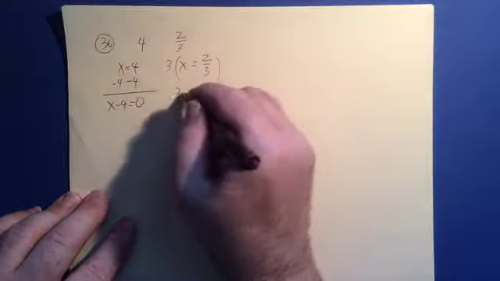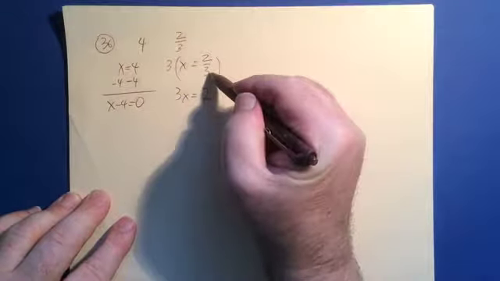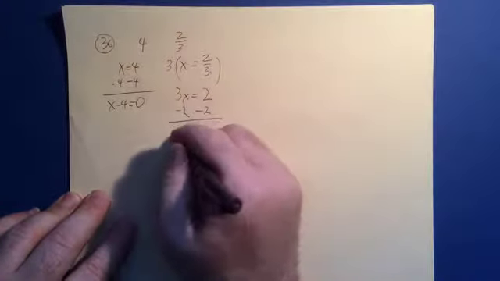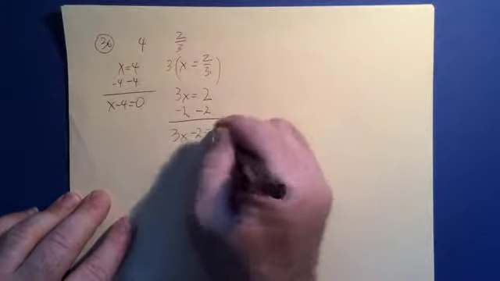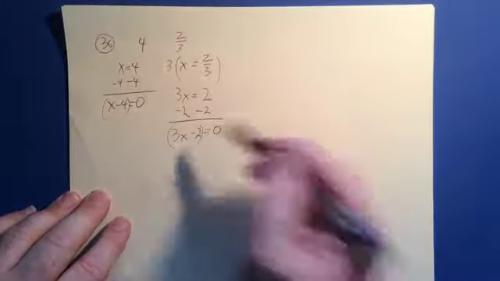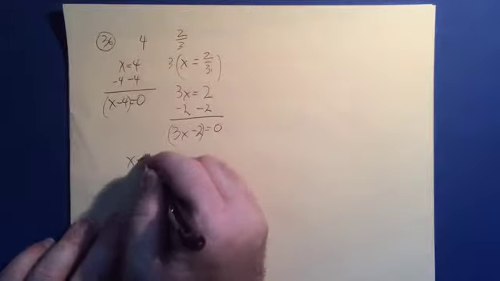That's going to give me at first 3x is equal to 2, because the 3 is going to cancel this here. Now that I have that, I can subtract 2 from both sides, and now I'm going to have 3x minus 2 is equal to 0. So now I have x plus 4, and I have 3x minus 2. Now I'm going to put those two together,